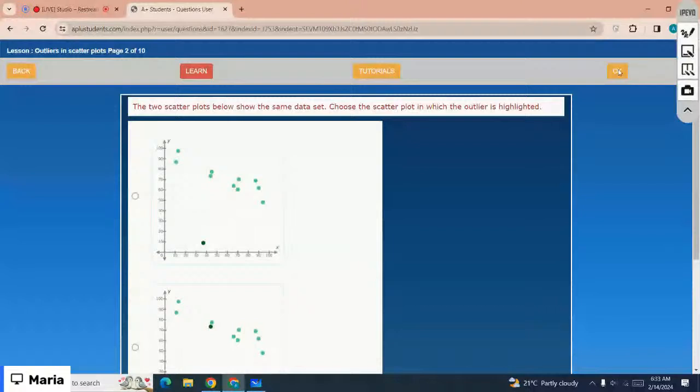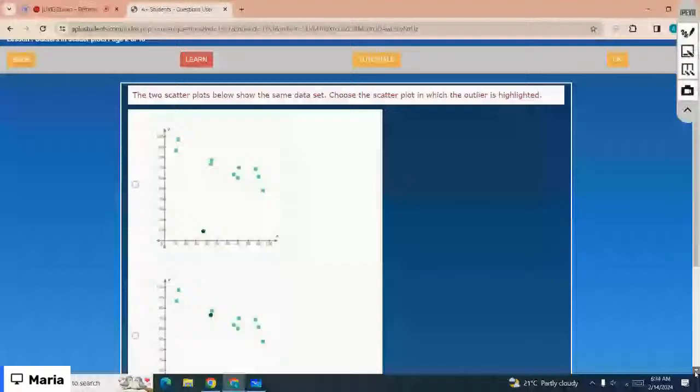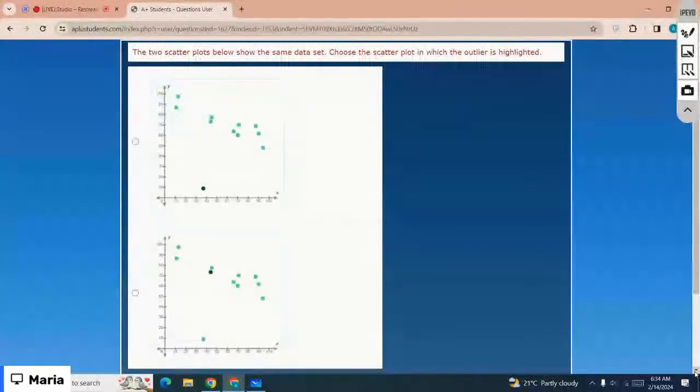The two scatter plots below show the same data set. Choose the scatter plot in which the outlier is highlighted. So, which is the correct option? The correct option is, yes, that is option number 1 because here you can see the outlier is the